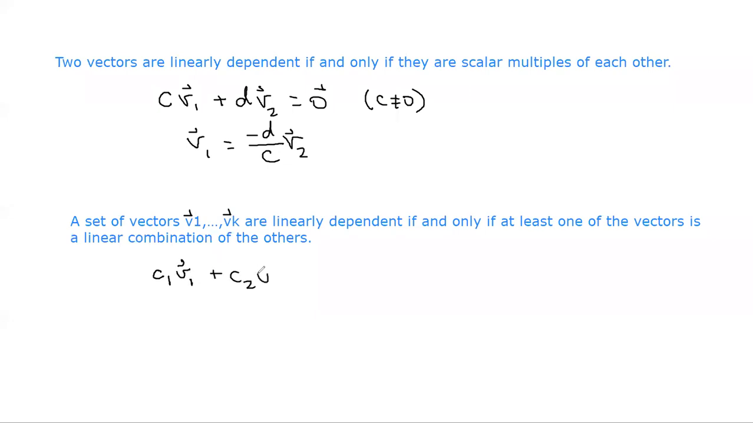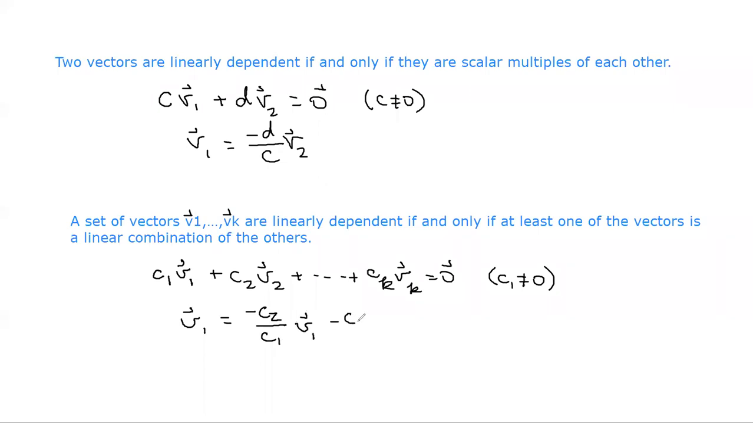C1v1 plus C2v2 and so on, plus CKvk equals 0, and not all of those C's are 0. So without loss of generality, let's assume that C1 isn't 0. This is what it means to be linearly dependent. And again, we can solve for V1. So we can go ahead and subtract off each of the other terms from 0 and then divide everything through by C1. And again, we can do this because